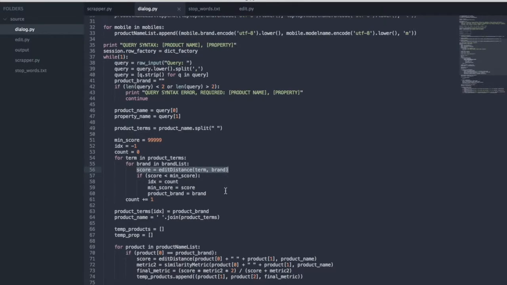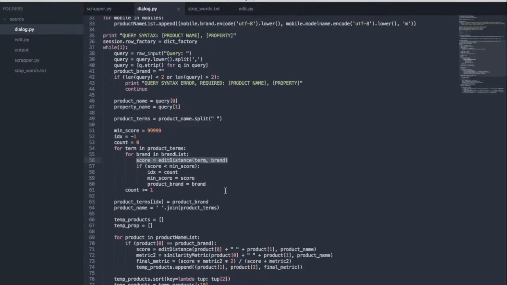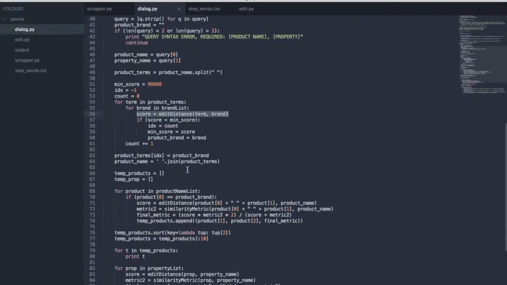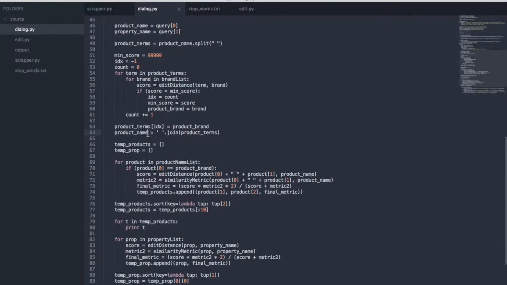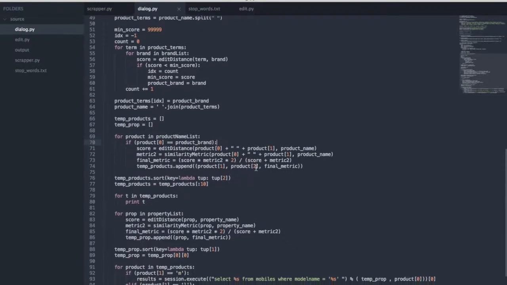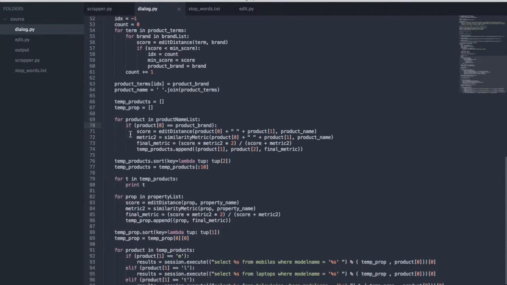The elements of the product name list are tuples of size 3. The contents of this tuple are brand, model name, and category. After the extraction of the brand name, we consider only those products from that particular brand for further processing. Then, for determining the exact model name and the property name, we use a similar approach as discussed above, like the edit distance one,